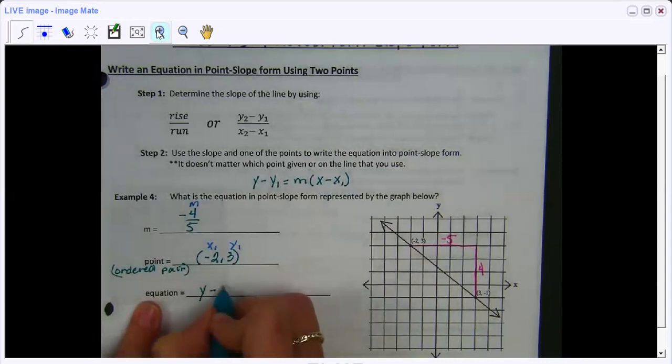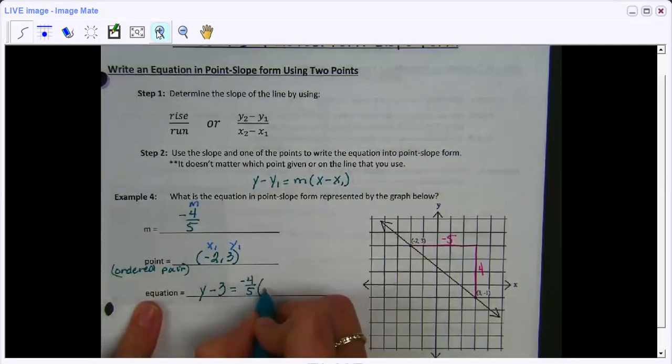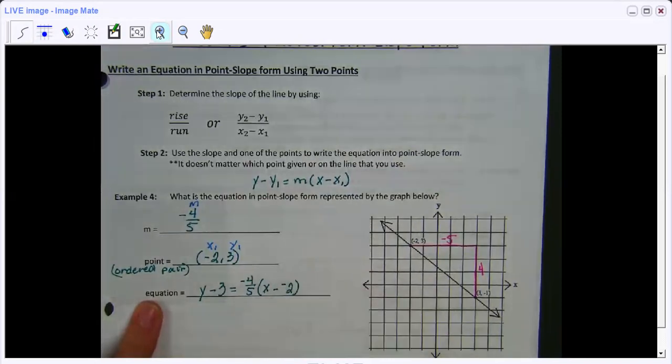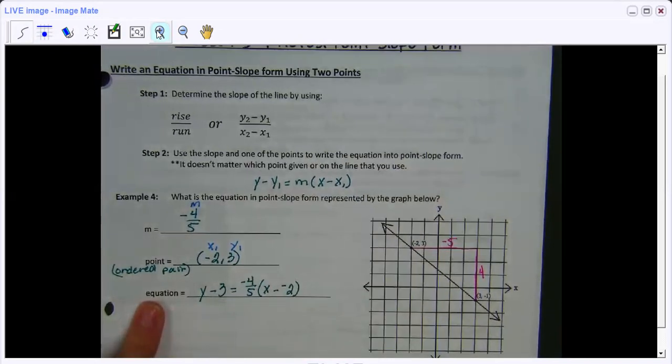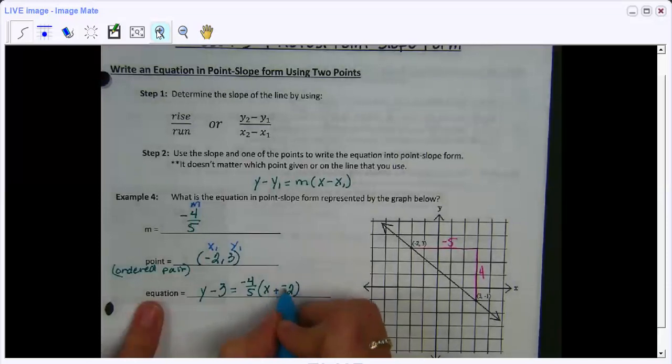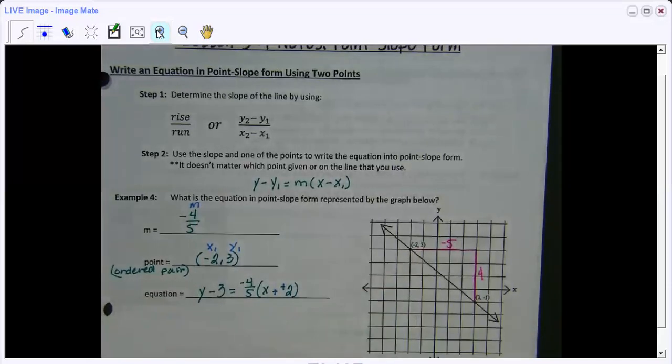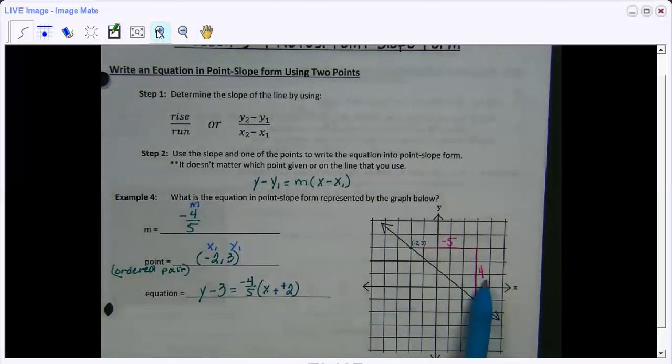Y minus y1, which is 3, equals our slope of -4/5 times x minus x1, which is the -2. But that minus a negative turns to adding a positive. And then we could stop there. We're not going to turn this one into slope intercept. So that's how you would use a graph to find the slope, a point, and put it into point slope